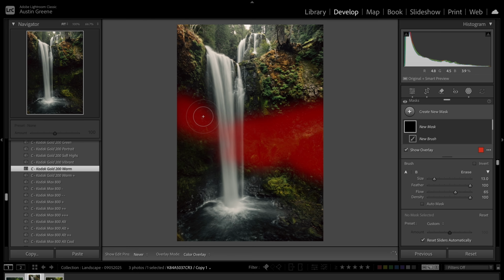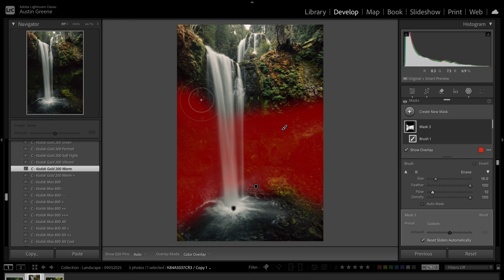Save ourselves too much cleanup. There we go. We'll add some down here. And again, we can color outside the lines a little bit because we are about to clean it up. That looks good. I'm going to drop my flow even more and just add a tad up here where we